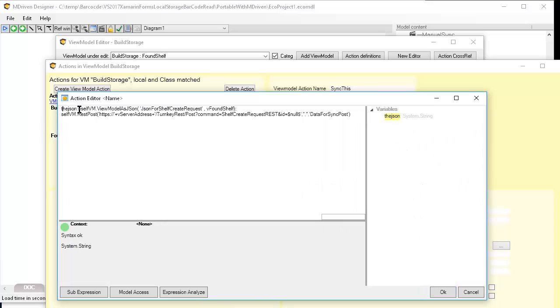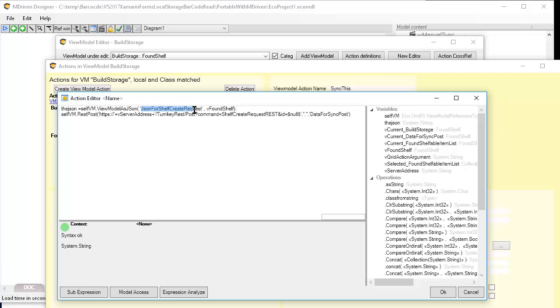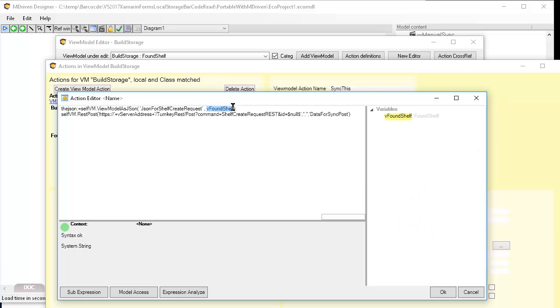What it says is it is grabbing view model as JSON, and the view model name is JSON for shelf create request, and the root for this is the